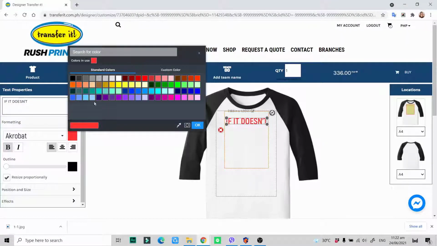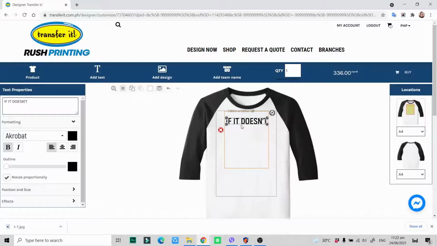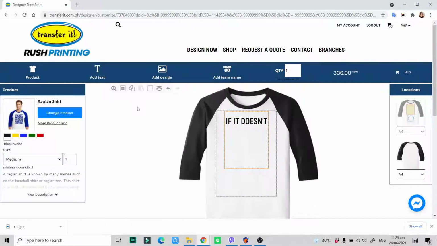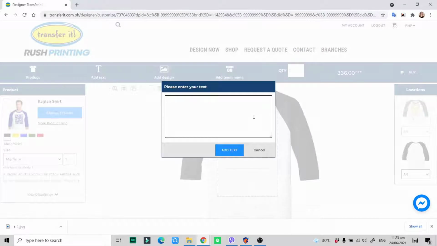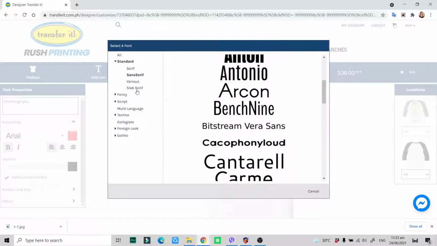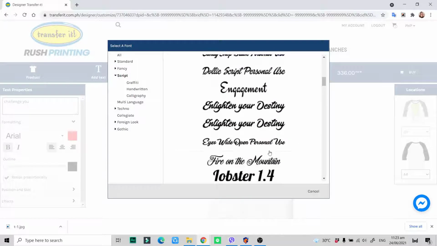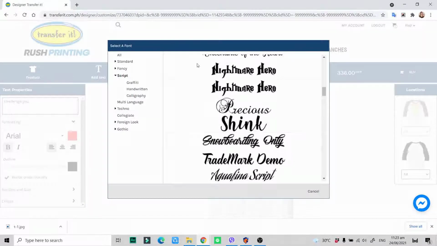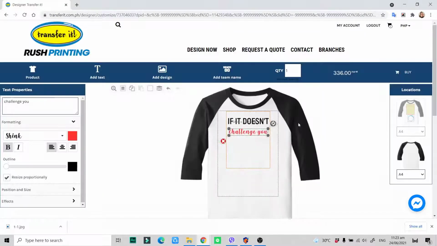I'm gonna change this to black just to complement with the raglan shirt color. And let's add again, challenge you. So I'm okay with the red color just to put emphasis on these words, but let's try to have a different font style here. We can do shrink. Ayan. If it doesn't challenge you,